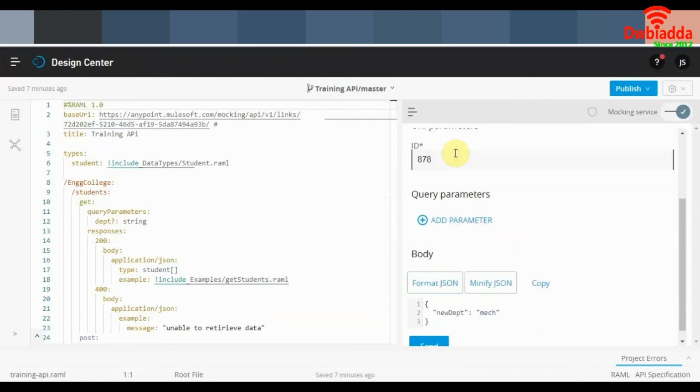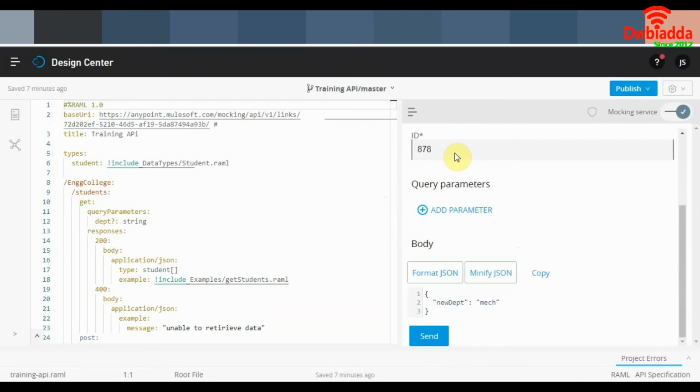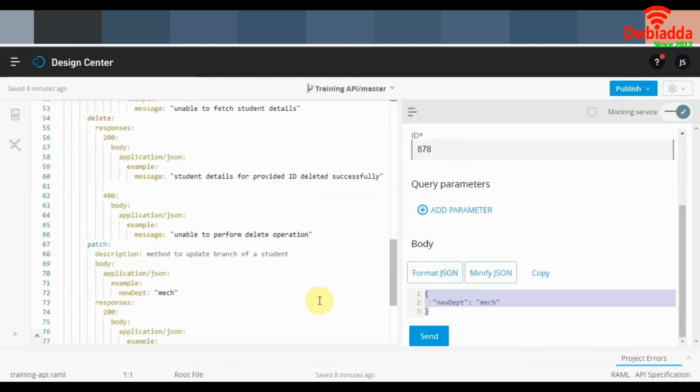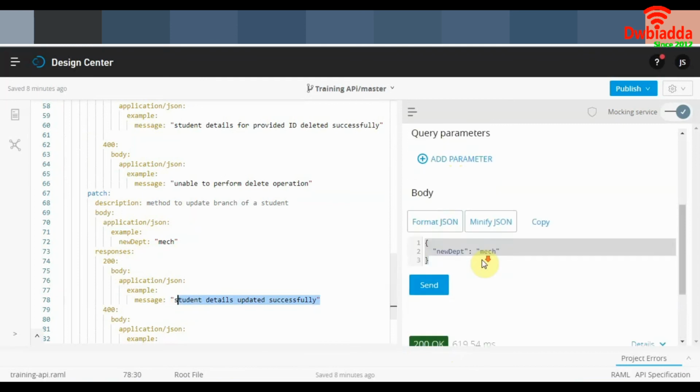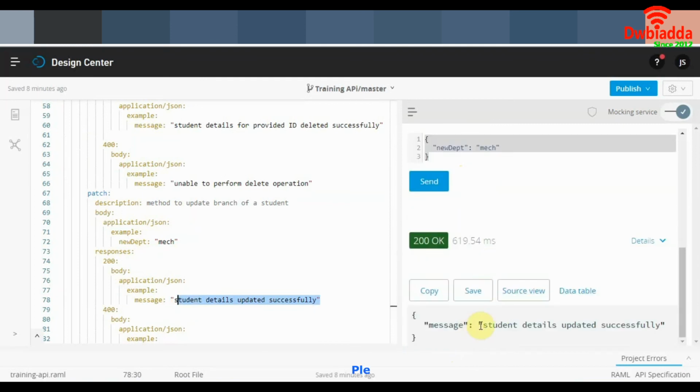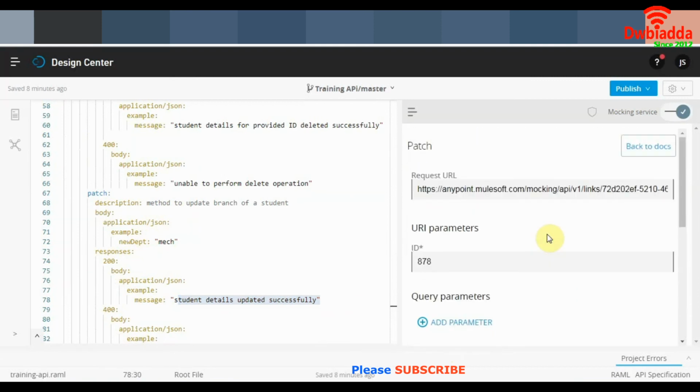Any arbitrary ID as the URI parameter, and the body, as you can see, is picked up from the example that we gave in the body right here, and click on send. So this is the response we should get from the server. Let's see what we get. Student details updated successfully. So it looks like all the methods are working fine.